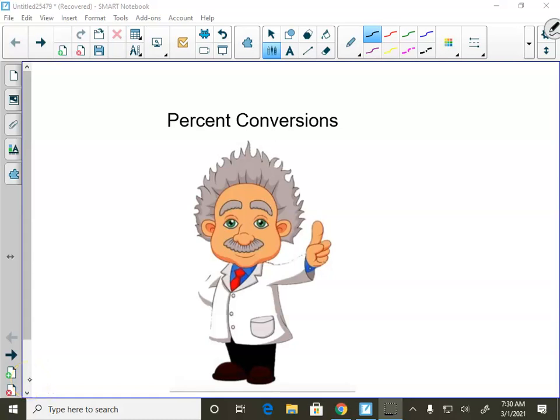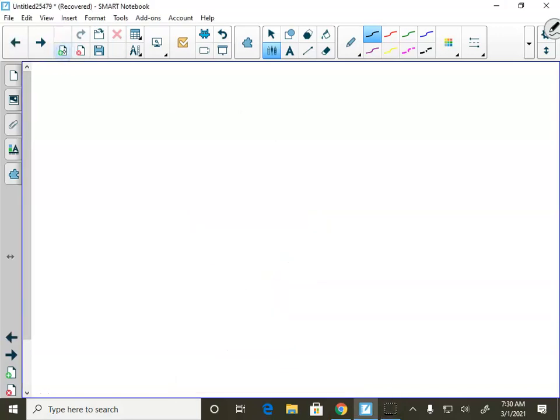So as I'm sure you figured out by now, we're going to be doing percent conversions. And we're going to start off converting from percent. And that'll make it a little easier when we have to convert to a percent. So if we wanted to convert from, let's say, 30%